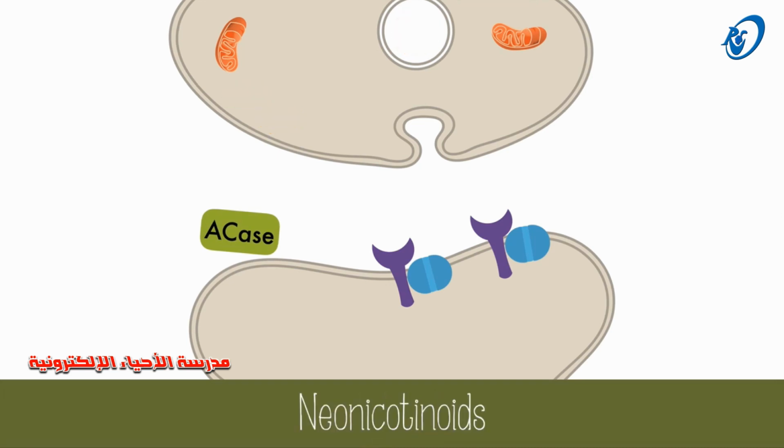One type of insecticide takes advantage of the acetylcholine receptors to paralyze and kill insects. Neonicotinoids are synthetic compounds that are similar to nicotine but bind permanently to the acetylcholine receptors. The acetylcholinesterase cannot break the neonicotinoids down, and the neurons can no longer receive messages or send action potentials. This is what leads to the paralysis and death of the insects. The effects are very small in humans and mammals, but the neonicotinoids don't discriminate between types of insects. Honeybees and other beneficial insects are inadvertently killed by neonicotinoids too.